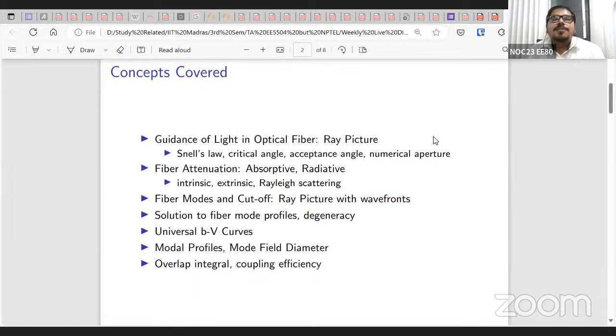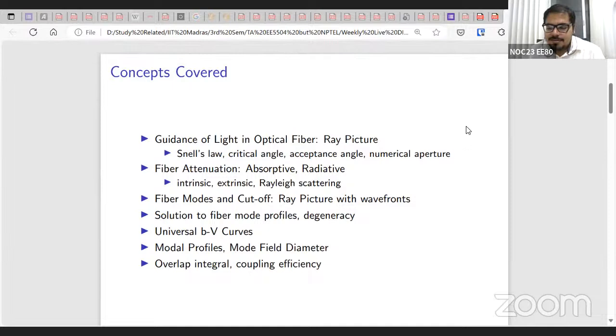So we started our discussion with the structure of optical fibers. Then we started with the ray picture, which should have been familiar to all of you. These discussions covered total internal reflection, Snell's law, then acceptance angle, critical angle, and numerical aperture. This numerical aperture will be used in the wave picture also. That ray picture was described to you. Then we talked about the